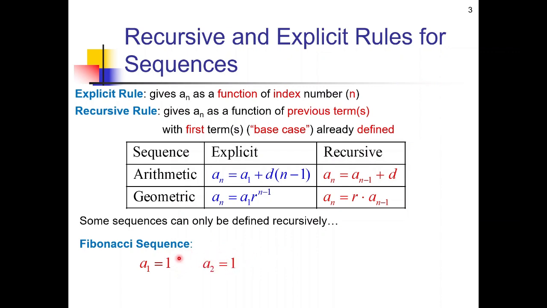Now, what do we do with the terms to get the next term in the Fibonacci sequence? So the idea here, here's our recursive equation for this one, is that you have to take the second to last and the last terms, the last two terms in other words, and add them together. So if we were to write out the Fibonacci sequence, we would have the 1 for the base case, the 1 for the other base case, and then adding the last two terms, 1 plus 1 gives me 2. And then for the next term, add the last two terms, 1 plus 2 is 3,